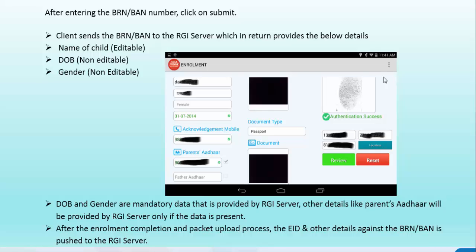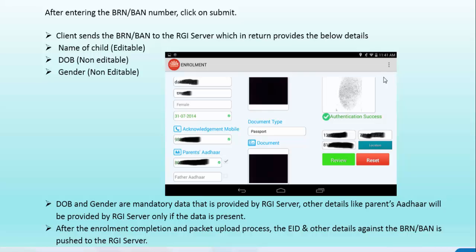Then we can proceed with the Aadhaar number of the parents or guardians and the mobile number of the parents or guardians. Then we have to capture the photograph, scan the PO document, and authenticate the parents. Then we can go for review and complete the enrollment with the operator's consent. The remaining procedure will be the same as the normal one.